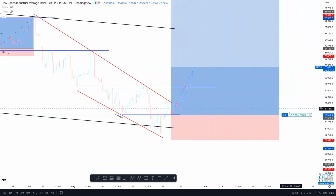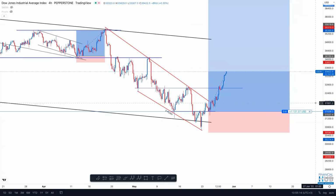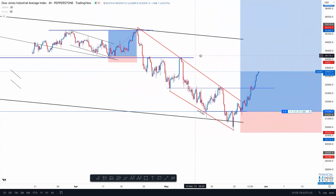Here we still have it running. A good amount, good profits that are still running. So that's what I'm watching. As I said, I'll be looking for the 34,000 being hit around this level. If I extend this,